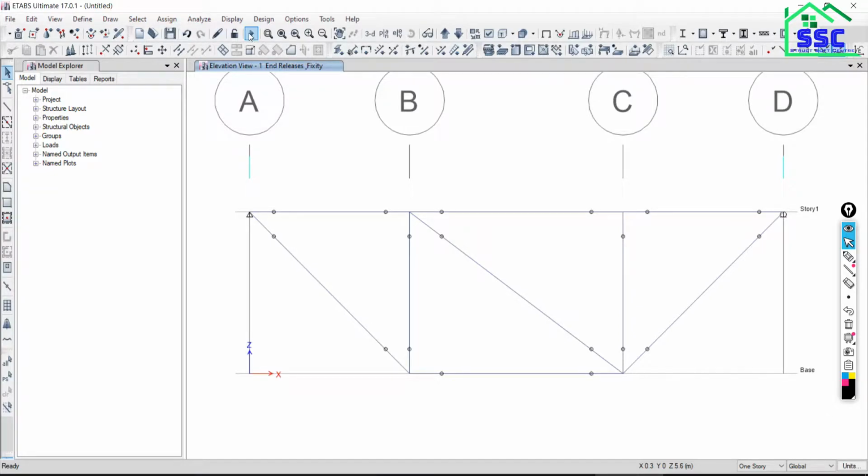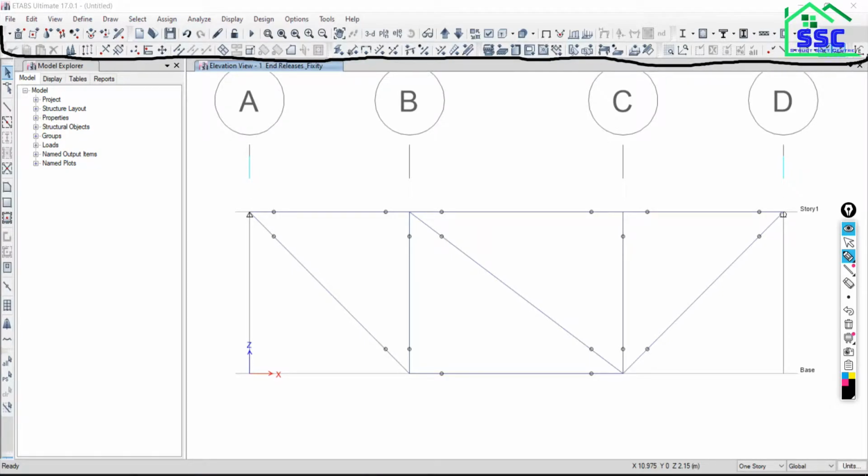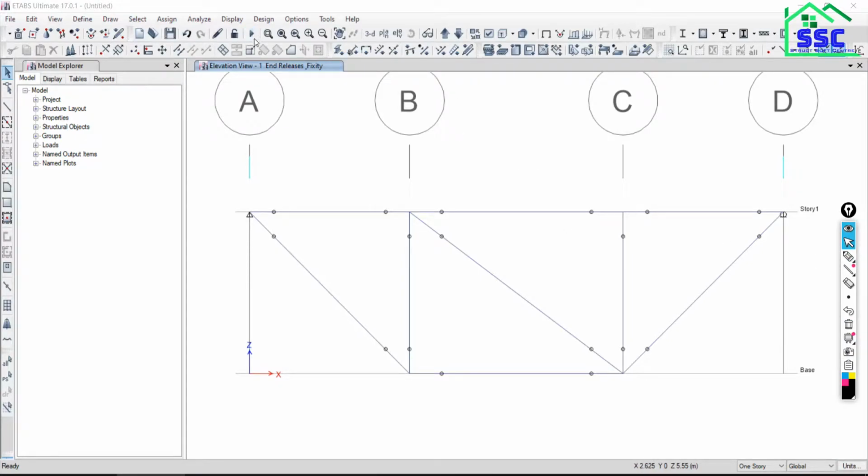This is a shortcut ribbon. We also call it the quick access bar. How to keep this quick access bar in this arrangement, we will discuss in the command section. Here we have to analyze the model, so you can just click here.